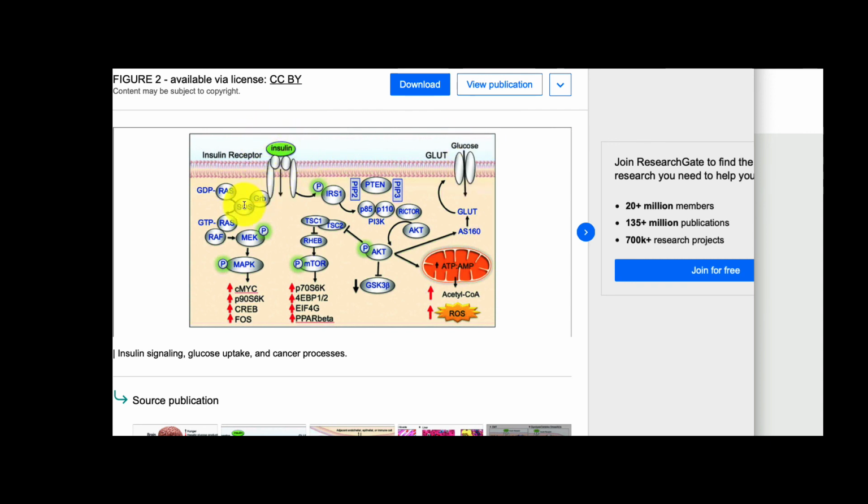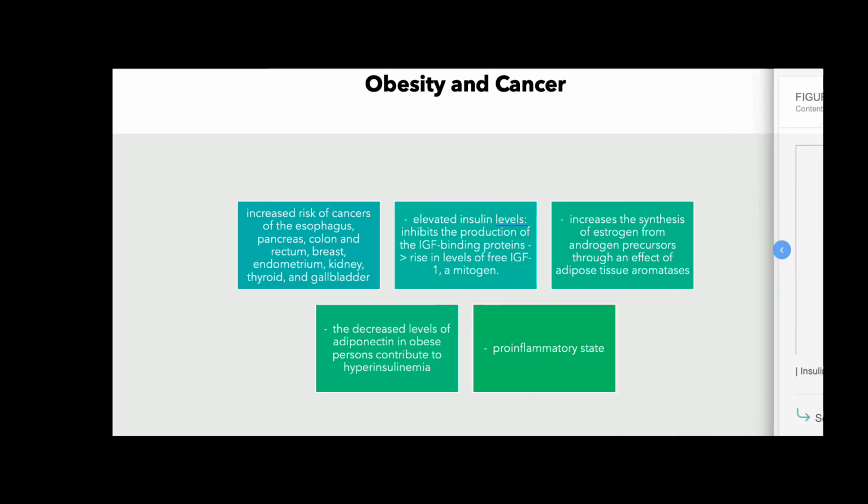It's still activating this other pathway, which is this kind of carcinogenic pathway, which is going to tell the cell to keep growing, keep dividing, even in the absence of energy. So that is how obesity and cancer are related. There's also IGF, which is related to cancer. So again, I'm just showing you examples of mechanisms. I'm just trying to show you what I'm expecting from you guys.